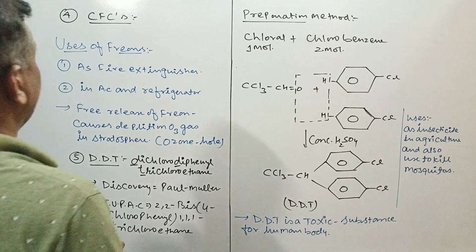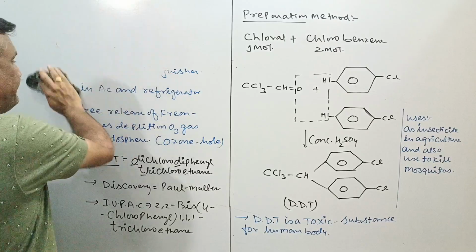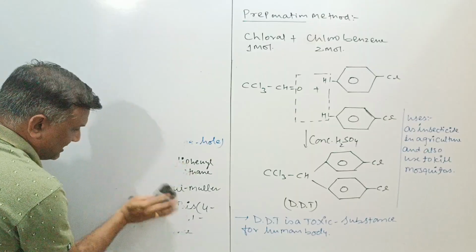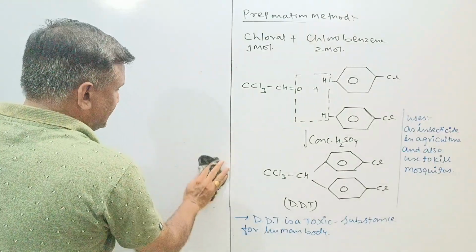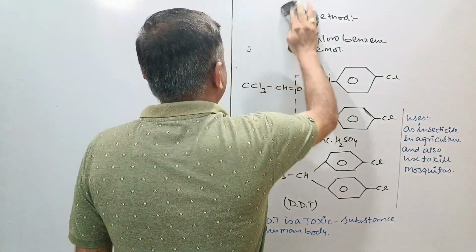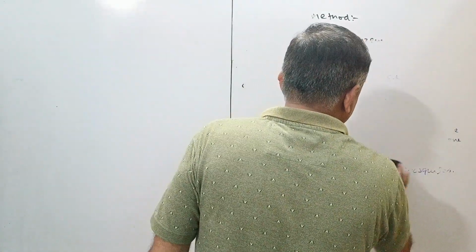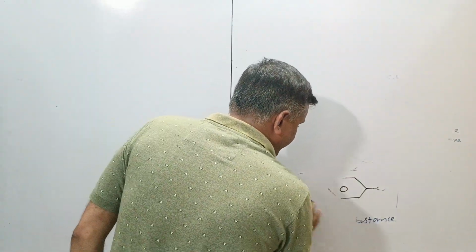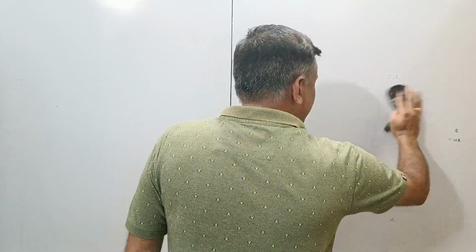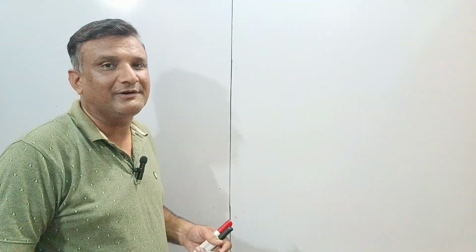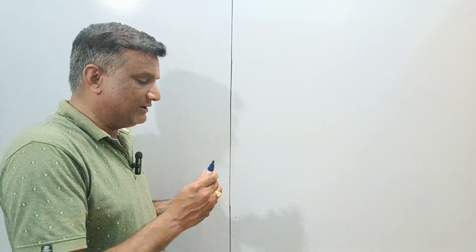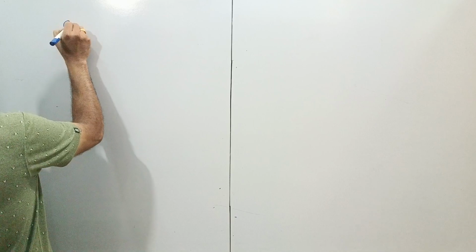Now the time to discuss the most important compound, the sixth and last compound of this chapter. It is very important as a pesticide, that is your BHC. We have discussed dichloromethane as number 1, chloroform number 2, carbon tetrachloride number 3, freon as number 4, and as fifth, DDT. Now we will go with the sixth compound,